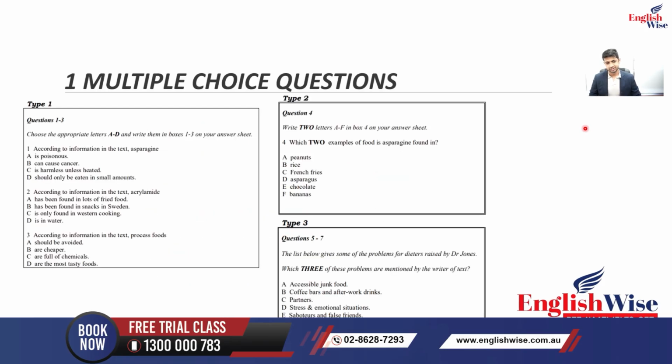Your multiple choice question type can come in these 3 major types. You can have type 1, where you have to choose the appropriate letter from the given options. For each question, you have to select one correct option. Type 2, you have to select 2 correct letters from the given options for the question. And type 3, where you have to select 3 correct answers for the given questions. For all of these, you need to have a look at the questions they've asked you and accordingly mark the answers. For example, here the question is asking you to choose one letter for each question from 1,